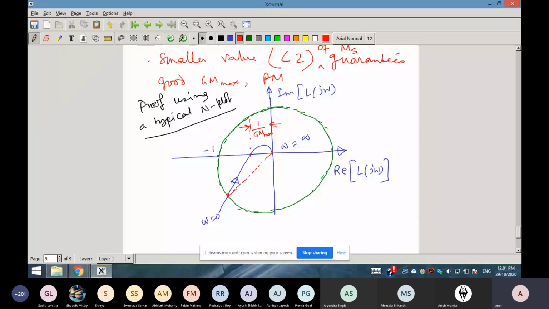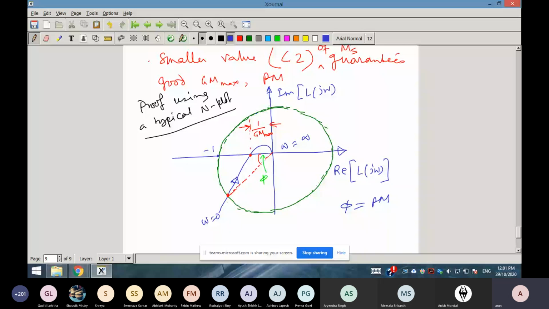So this is your phase crossover frequency, and this is your gain crossover frequency. Those things I am not writing. So this is your phi, this is your phi, phase margin. So phi is your phase margin. Okay. So now, I will draw that